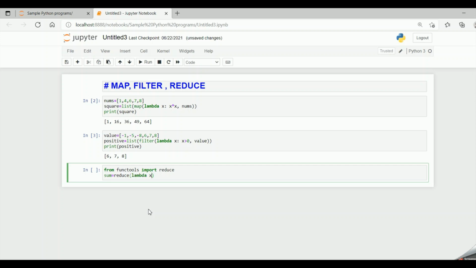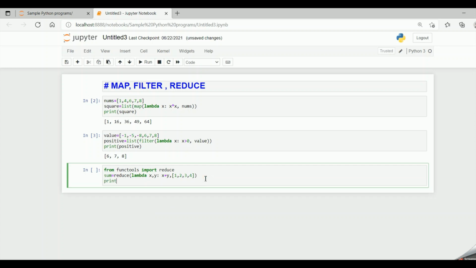Lambda takes two arguments, x comma y, and then it performs x plus y, and the next argument is a list, the iterable. So I pass 1, 2, 3 and then 4.